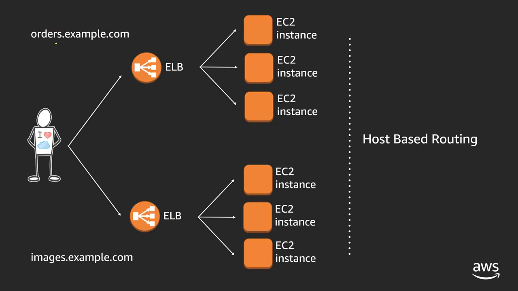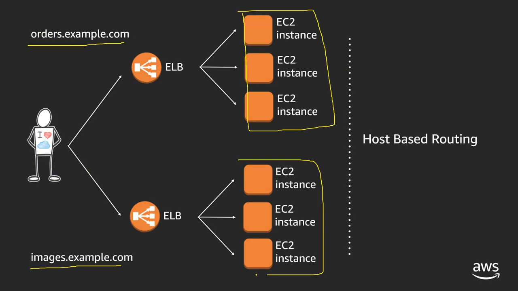Let's see this. Somebody sends a request for orders.example.com, right? Then a request can come for images.example.com. If I want, I could implement that one load balancer would only respond to orders.example.com, and another one would only respond to images.example.com. This is one architecture. Or I could say, all of these services are for my orders service, and all these services at the backend are for my images service.